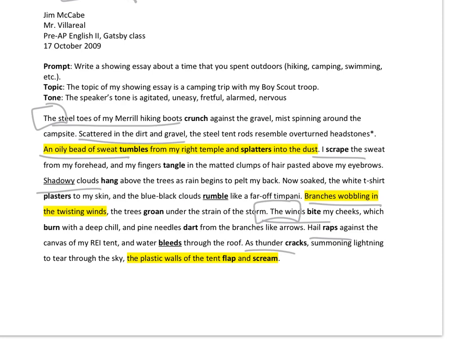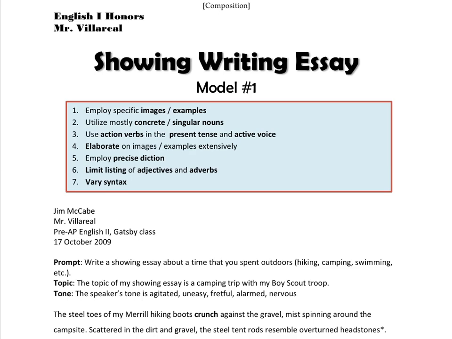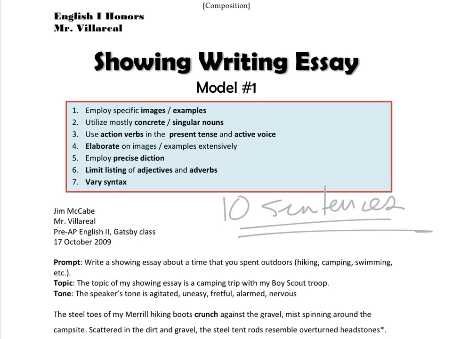And so, again, I'm asking you from sentence to sentence, be deliberate. And if you began your sentence in a particular way, how about in the next sentence you begin it differently? How about you arrange the words differently? So this week when I introduced this showing writing essay assignment to you, this is what you're trying to execute. In the end, you're going to write me 10 sentences total where you are going to be asked to deliberately execute these 7 features, to really be very intentional with showing specific images and examples, relying primarily on the concrete